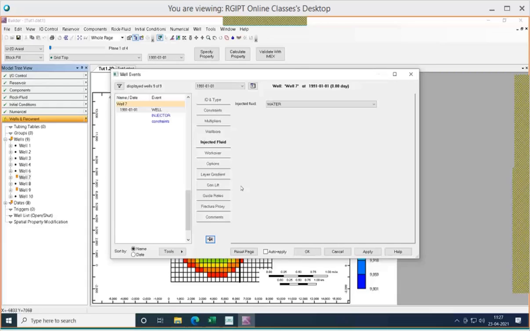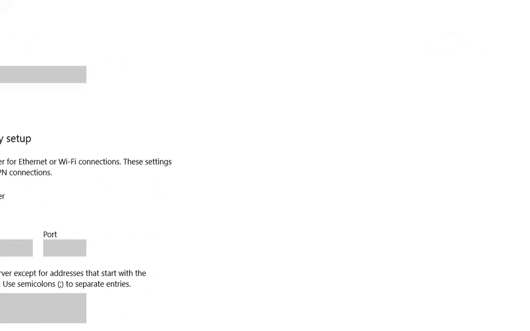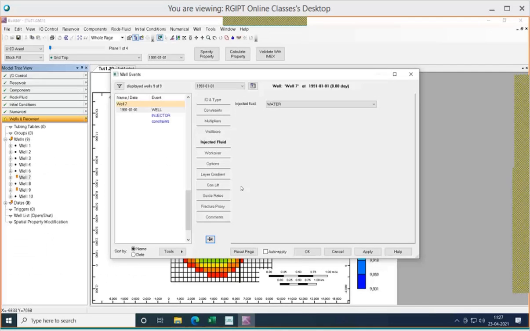If you have any doubt, you may please ask now. Otherwise, what we are going to do next is copy all these properties to well number 9.